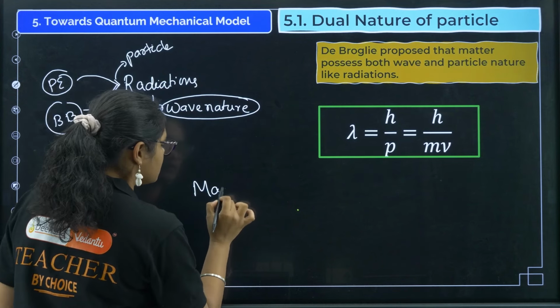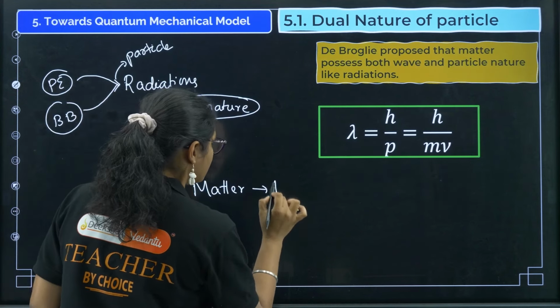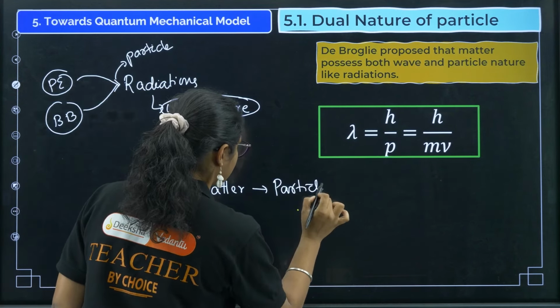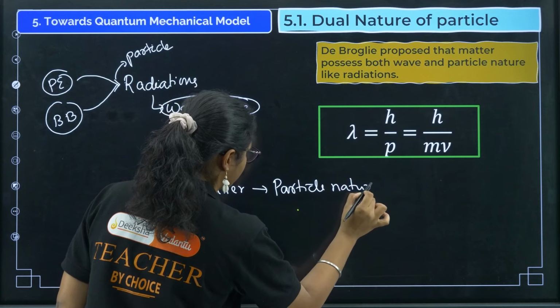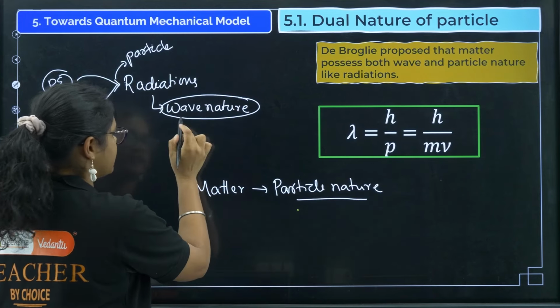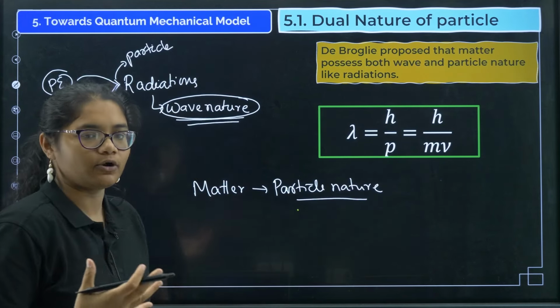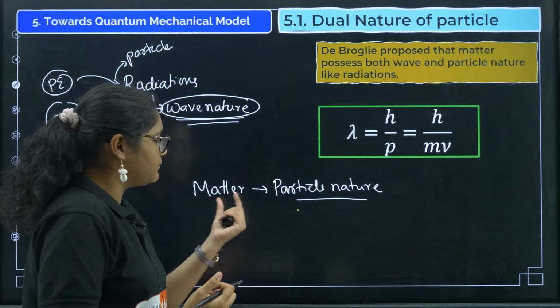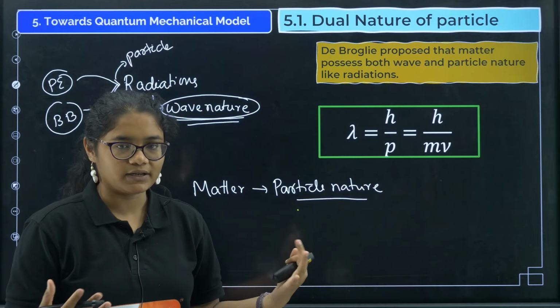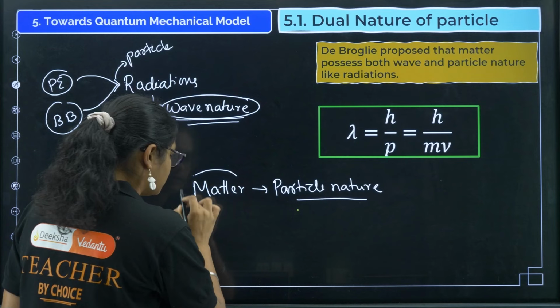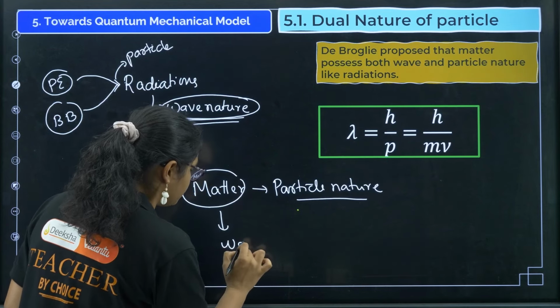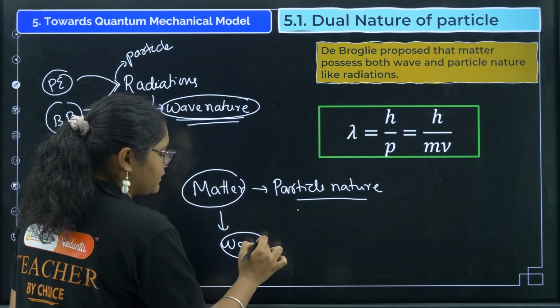Similarly matter was believed to have particle nature. We do not have to prove anything there. Similarly for radiations to have wave nature we need not prove anything, but matter having particle nature was very obvious. But if matter is also having wave nature,